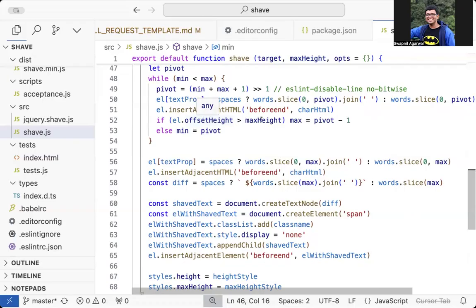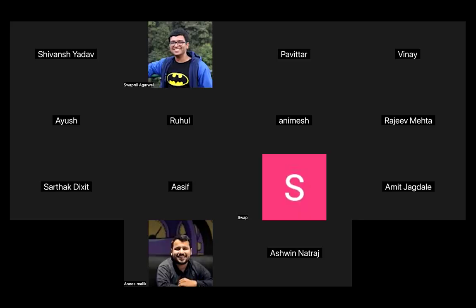So let's say max height was 100 pixels, and the offset height came to 120 pixels. That means ज़्यादा हो गया, नहीं fit हुआ. Then we are reducing the max to less than mid. So 0 to 499 में हम search करेंगे. Else we are